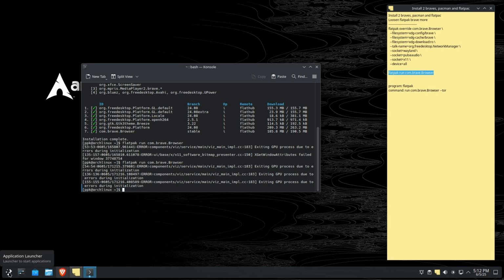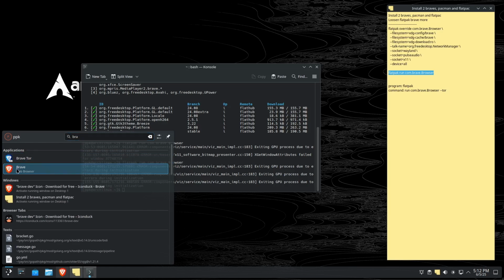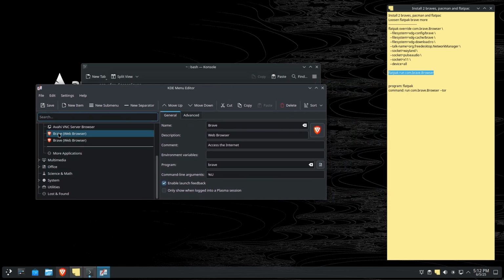So go to start menu. We need to edit the application. So open it, type in Brave, and then right click on just any Brave icon here, and then say edit application. This will open the application editor, and it will show up two Brave browsers here. As you can see, that's the normal one, and if you click on this one, it will say Flatpak. So this is the Flatpak Brave. Right, you got those two,